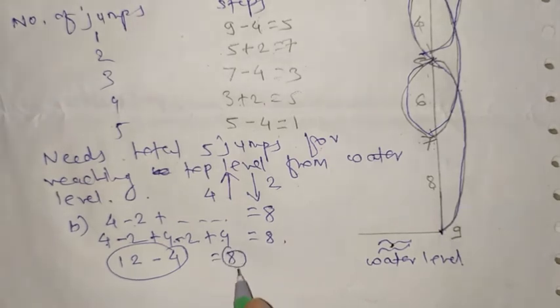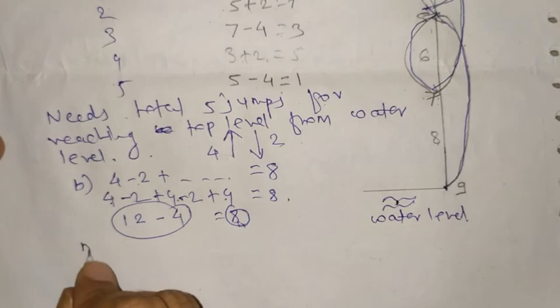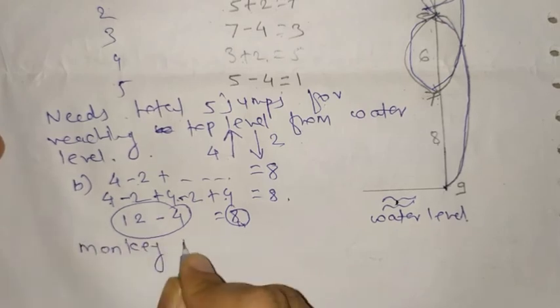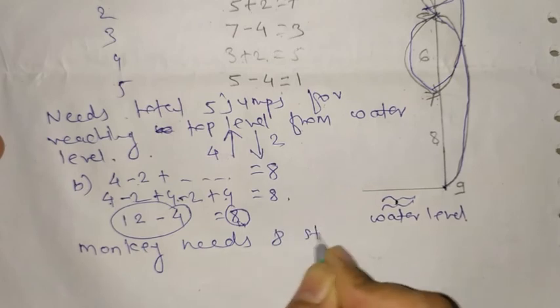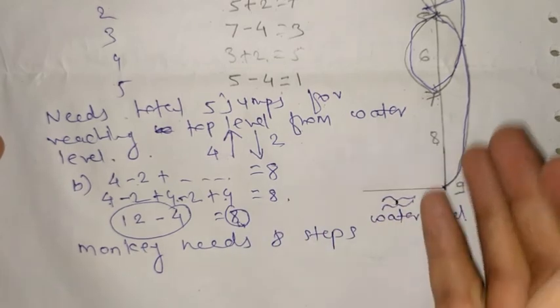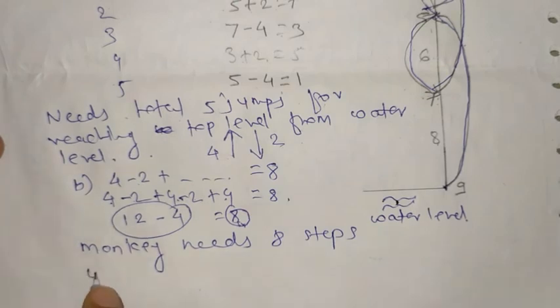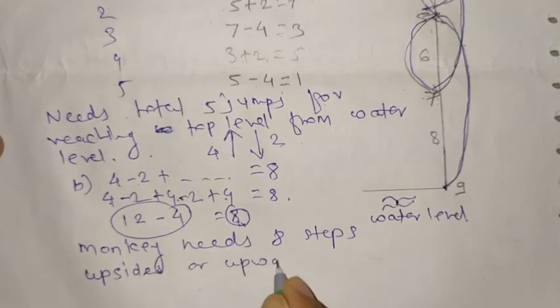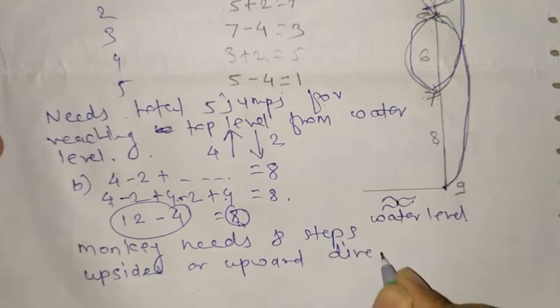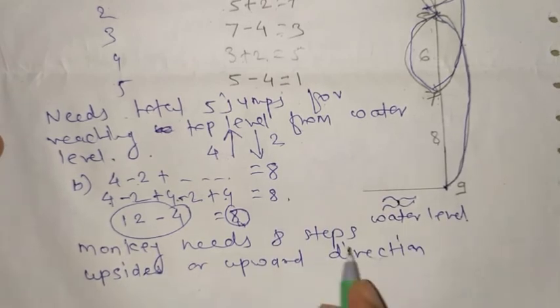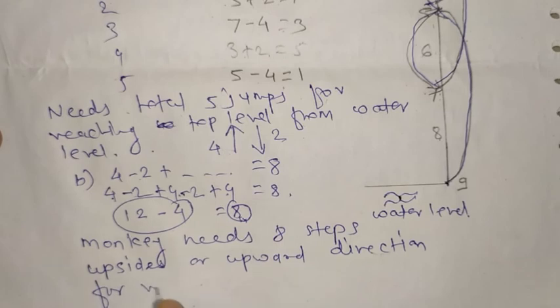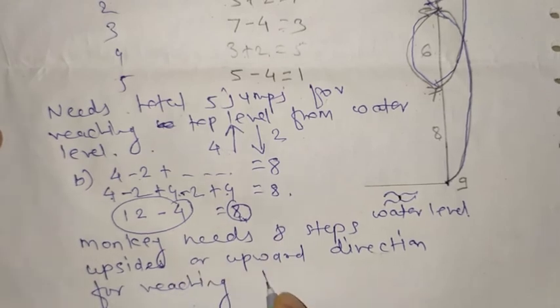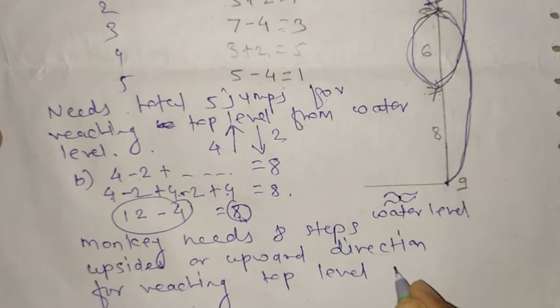So now here you have to represent the meaning of 8. 8 means the monkey needs 8 steps. 8 means positive. 8 steps means 8 steps upside, because 8 is a positive value. 8 steps upside, or you can write upward direction. The monkey needs 8 steps upside or upward direction for reaching top level from